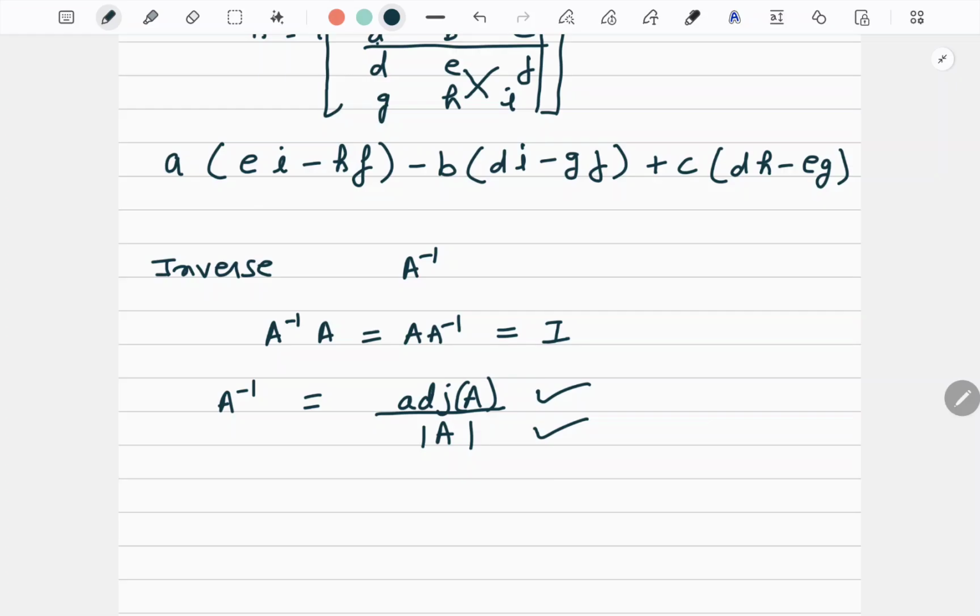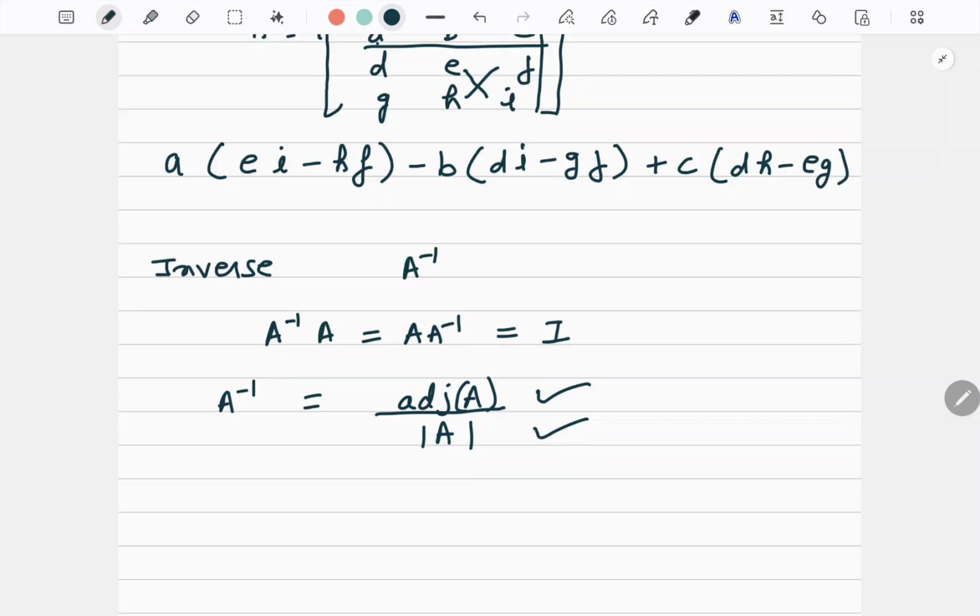Remember that the determinant of A is a single number. Adjoint of A is a matrix. So the whole matrix will be divided by one number. Now this is a manual method, but I suggest all of you learn how to solve it in a calculator. I have uploaded one video in which I taught you how to solve matrix and determinant in a calculator. I will upload one more fresh video where I will show 2-3 different models of calculator and we will do the same thing.